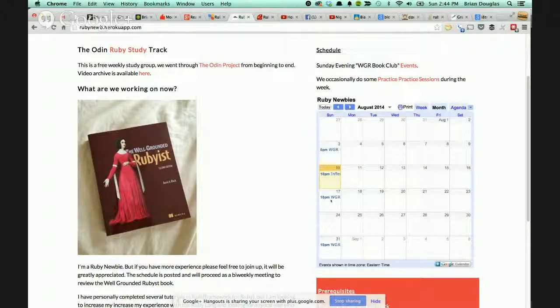Just a note for the Well-Grounded Rubyist: last time we did 5 p.m., and I'm actually doing it a lot later. I'm just thinking out loud. I might even have to push that to Monday because it's actually my son's birthday, so I might have to do this on a Monday and change it up. So keep in touch and follow the group, and I'll let you know if that date's going to move. I don't think I'll be home that day, but I have to talk with the wife to find that out. But with that being said, yeah,